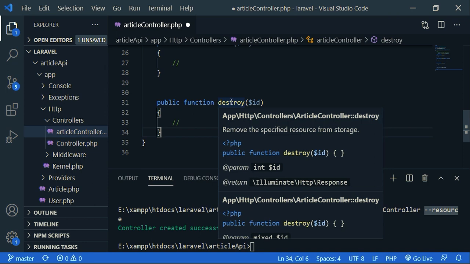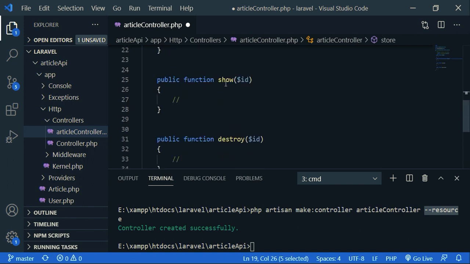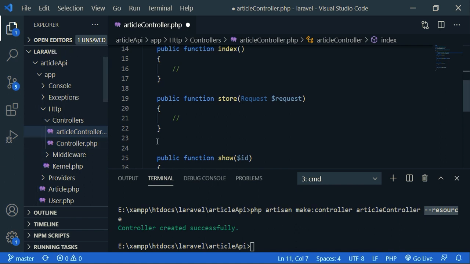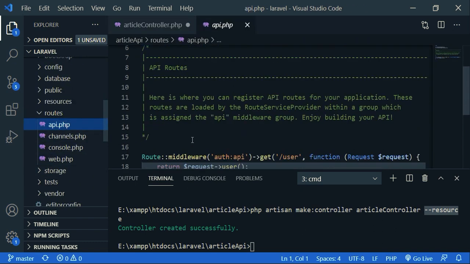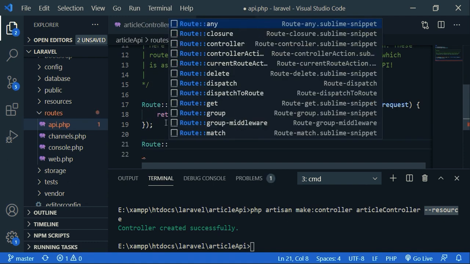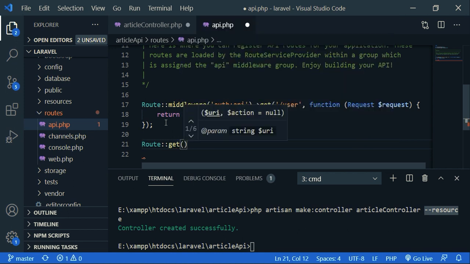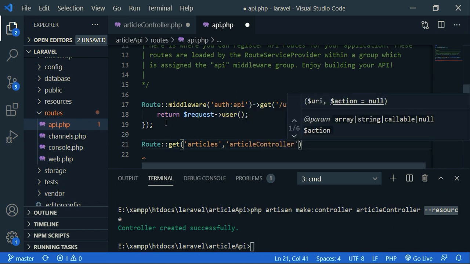I need this destroy function to delete the record, right? So we have index, store, show, and destroy. Now let's create our routes. Go to routes and click this API, right? So let's say route, we are going to get all the records. So let's say articles, and we are going to call the controller. Our controller is ArticleController, and the function is index,